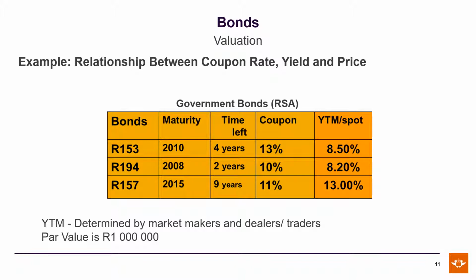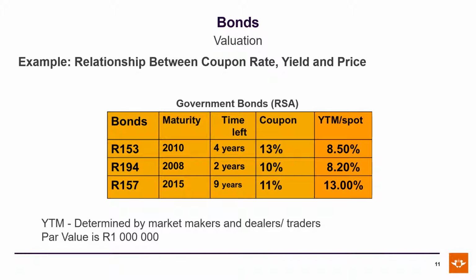In this example, you're being asked to demonstrate your understanding of the relationship between coupon rate, yield, and price. And based on our previous slides, we know that if the coupon rate is higher than the yield to maturity, then the price of the bond will be higher than the par value. So for the R153, whose coupon is 13% and its yield to maturity is 8.5%, that bond will trade at